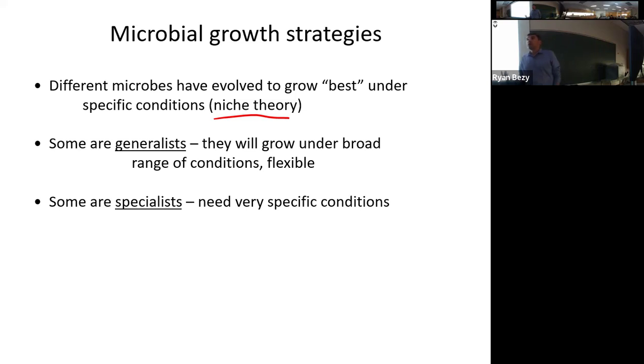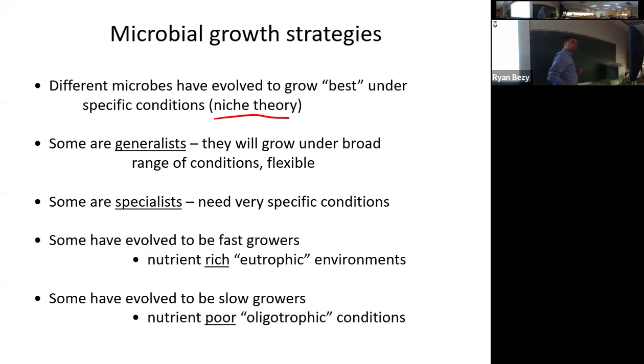They grow under a broad range of conditions, and they can be very, very flexible in what kind of nutrients they require. So there are some bacteria, you can put them in this one type of environment, you can put them in a different kind of environment, and they're going to be pretty much okay. These generalists will grow in a wide variety of different environments. They're very flexible in what kind of nutrients they need. Some bacteria are more specialists. These species need very specific conditions in order to survive. An example of this might be something like a hot spring thermophilic bacteria. It can only survive in very hot, warm temperatures.